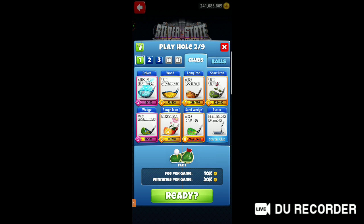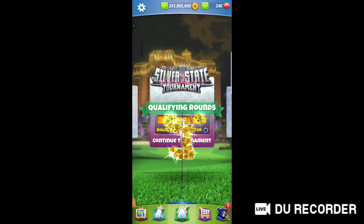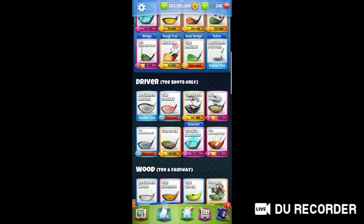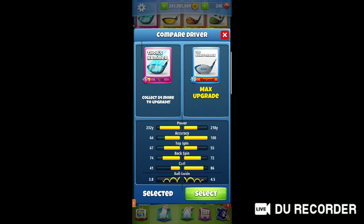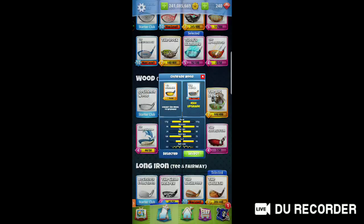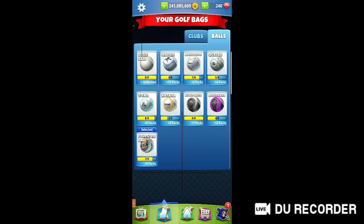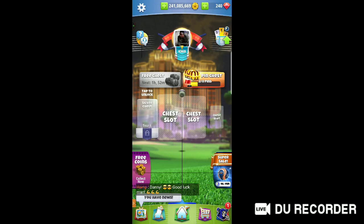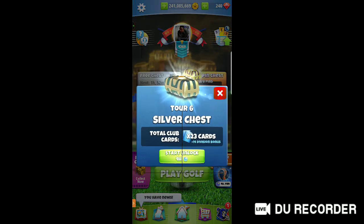Hole 2. I wonder what the wind is. I'm gonna have to play around a lot more with it. I actually have more backspin with Thor's hammer, so I'll stick with Thor's hammer. We're gonna go sniper for this shot, and this time we are gonna use a Kingmaker just for the added side spin. I got Eagle Hole 1, so